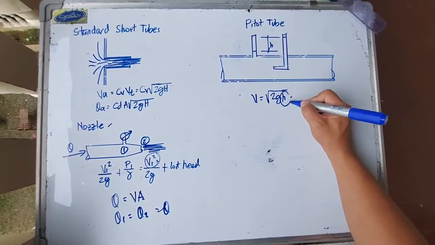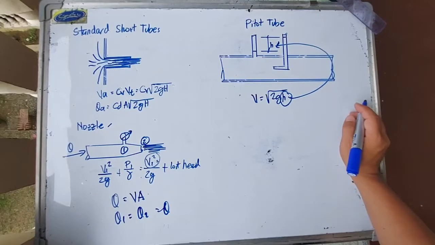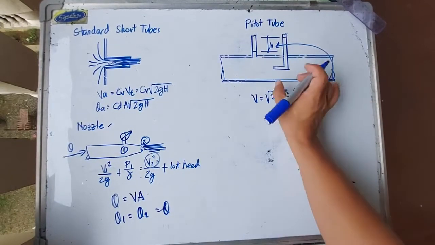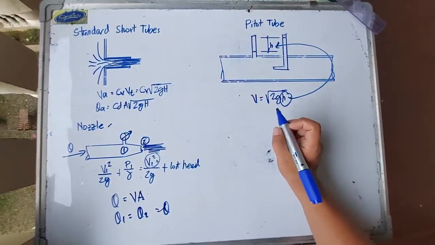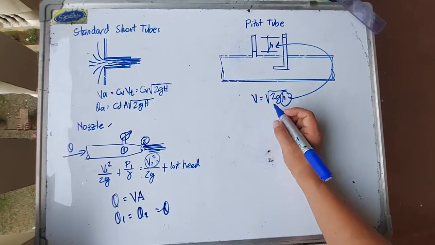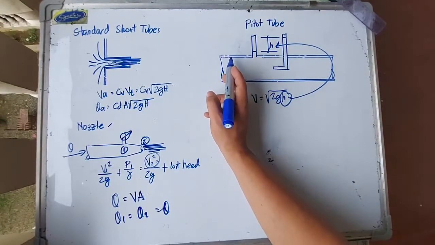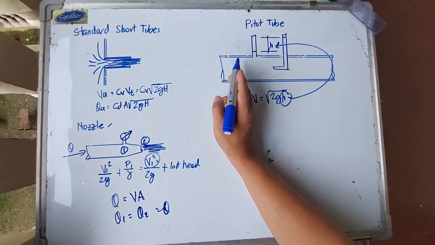So yung height na yan ay yan yun. Okay? So yan ang function ng Pitot tube that's used to measure velocities. Now, of course, I have discussed before that velocities vary at every section of the